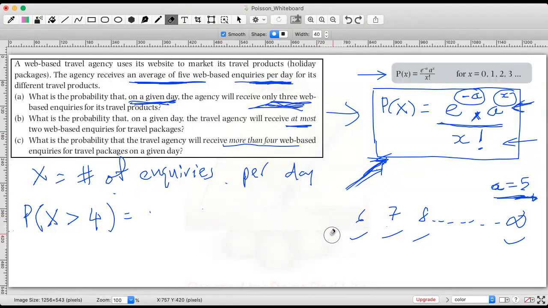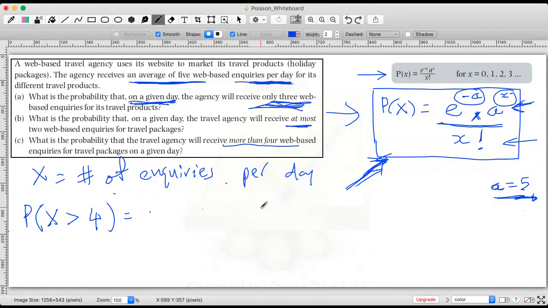Okay, so I want you to pay very close attention to this, okay? The probability of x greater than 4, right? That means that is working on the probability of 5, 6, 7, all the way to infinity. Okay, we can't do this. So it's not feasible. All right. Now, we're going to use the complement rule to do this, okay? Now, to kind of explain the complement rule,